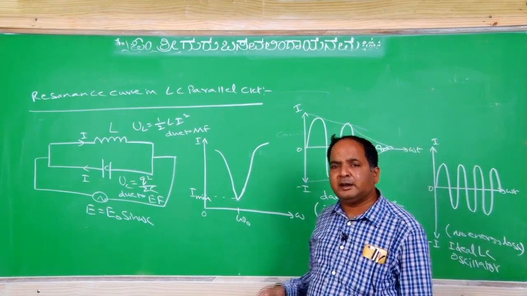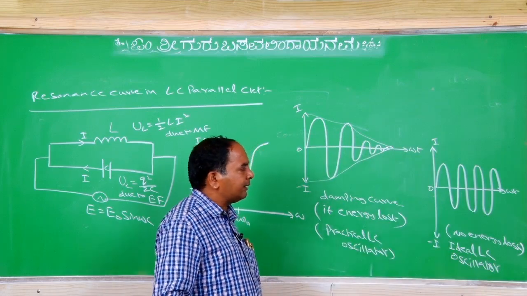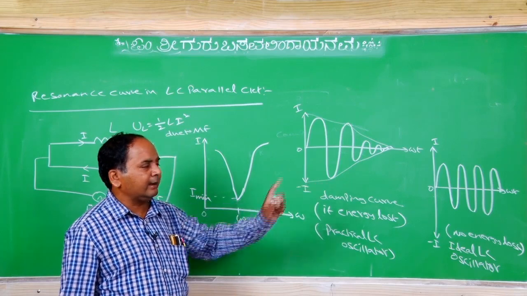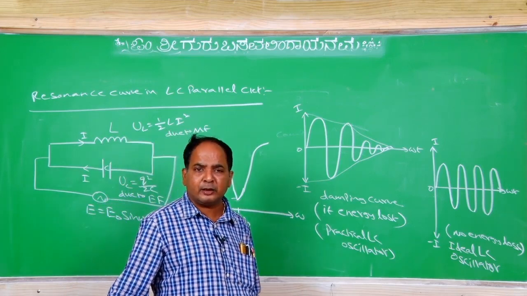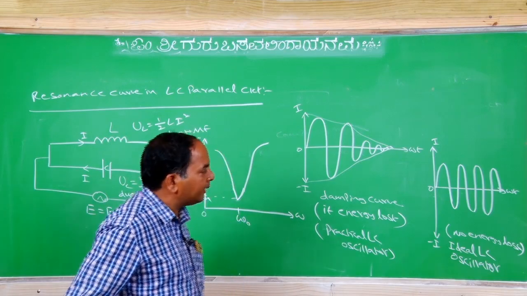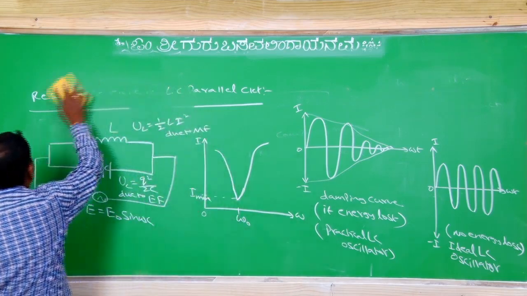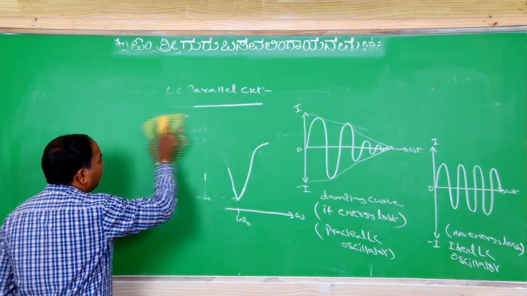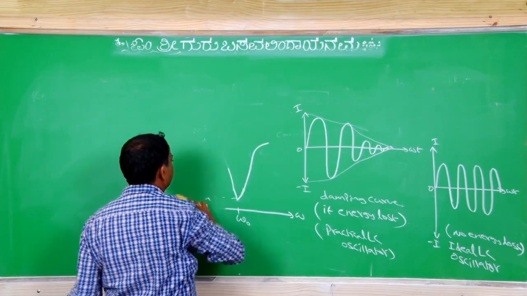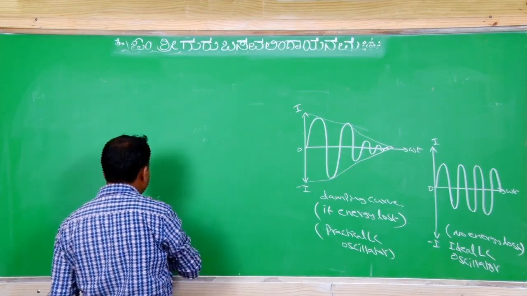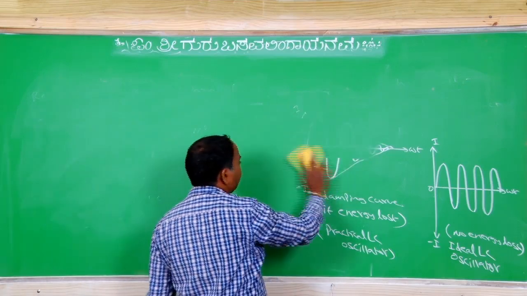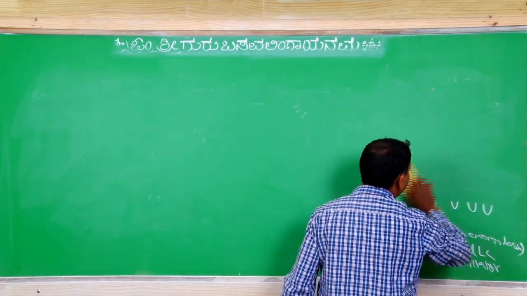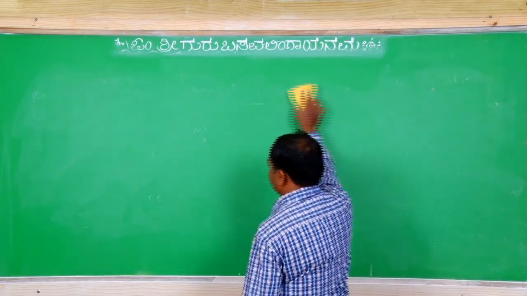But for an ideal LC oscillator, what does it mean? We can say that there is no loss of electrical energy. So the curve looks like a sinusoidal curve. That means without decrease in amplitude, we are able to get the curve. These are the resonant curves, as well as the current curves drawn between the current and angular displacement in the case of an LC oscillator.